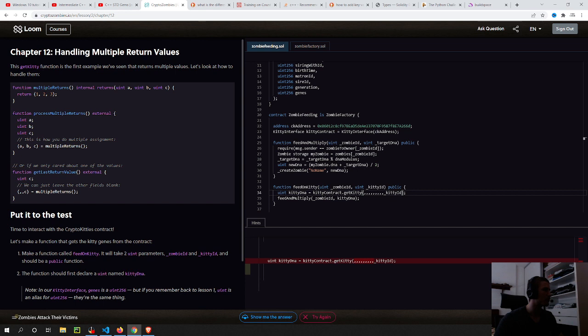So here, it returns like this. This is how you do multiple assignment. It's basically destructuring these values here. Or if we only cared about one of the values, so it's on the other side, I think. So I think I'm understanding this the wrong way. I should call the function with this on the other side, but then